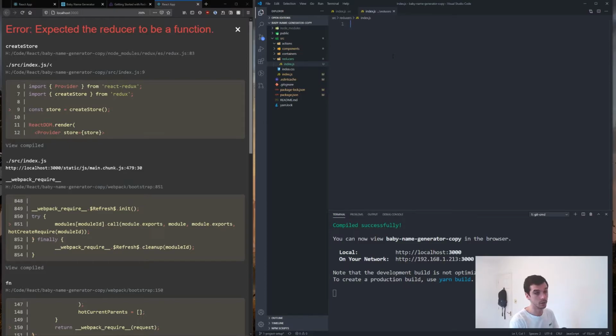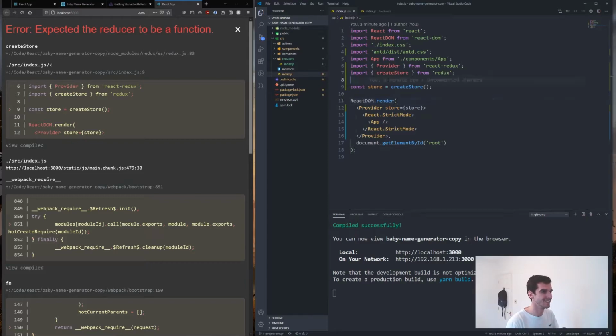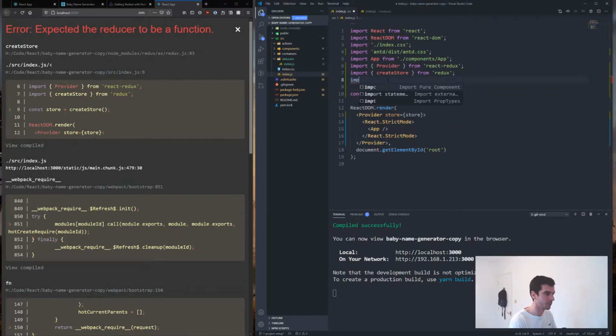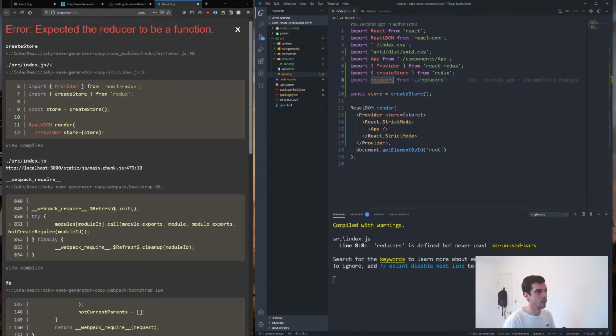And in this file, we're going to create our reducers. So I want to say import combineReducers from Redux, like so. And then I want you to say export default combineReducers. And this is going to be the shape of our store. Back to index.js. Jump around here, and I want to say import reducers from reducers, and then we can put